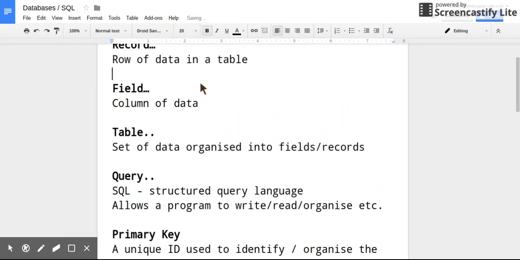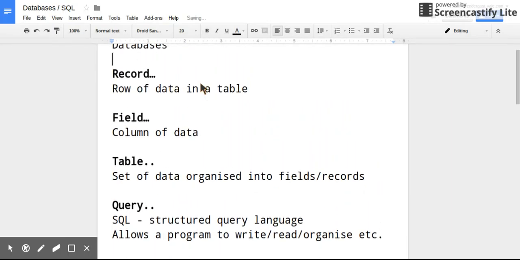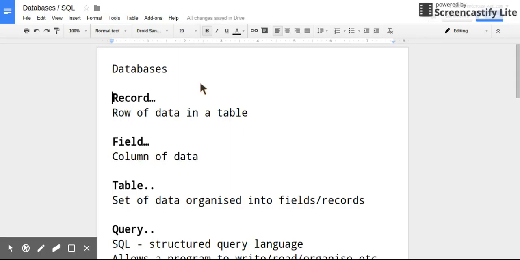So that was an introduction to the different terminology you are expected to understand for the exam. And the kind of question you might get is something